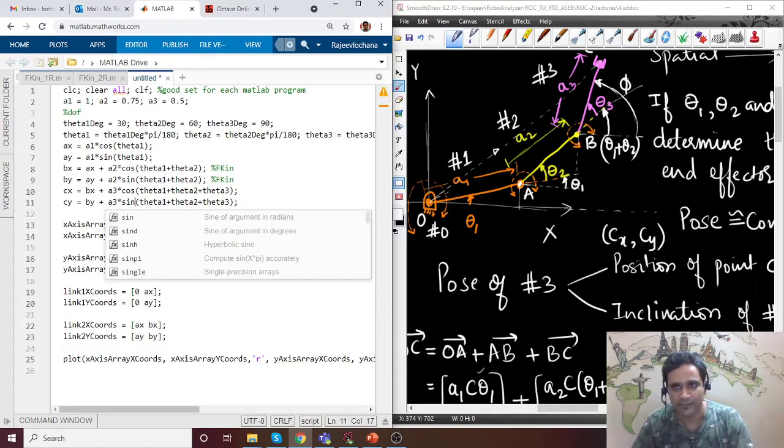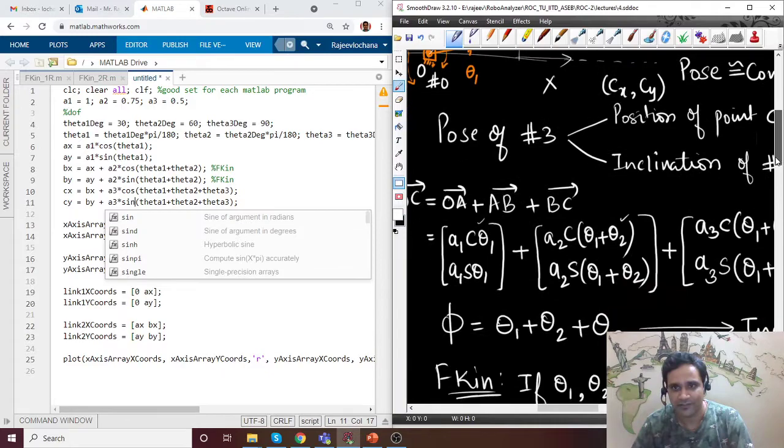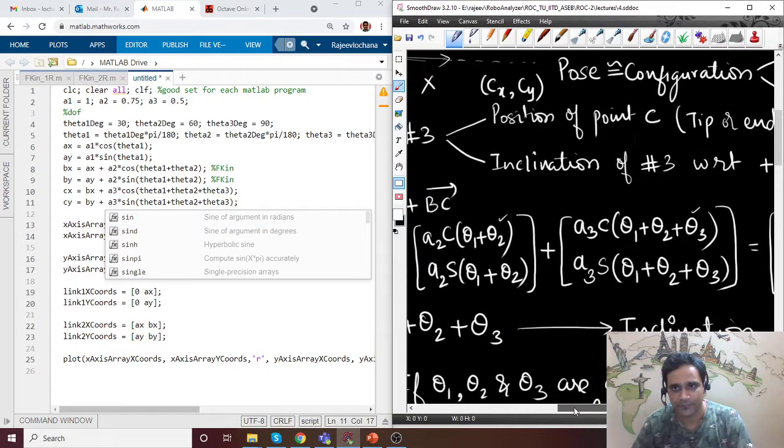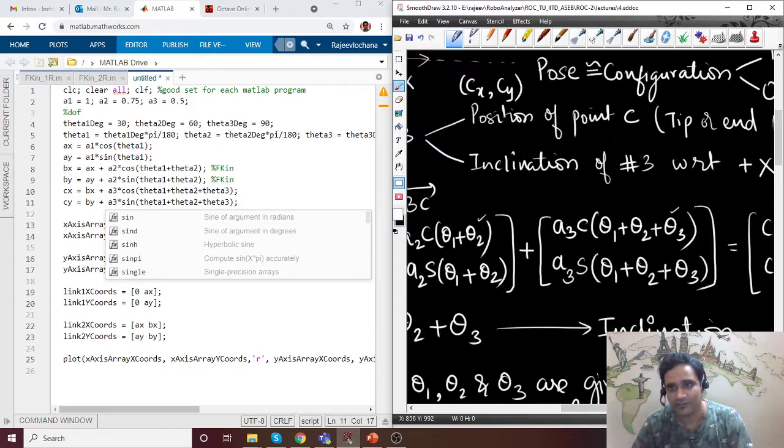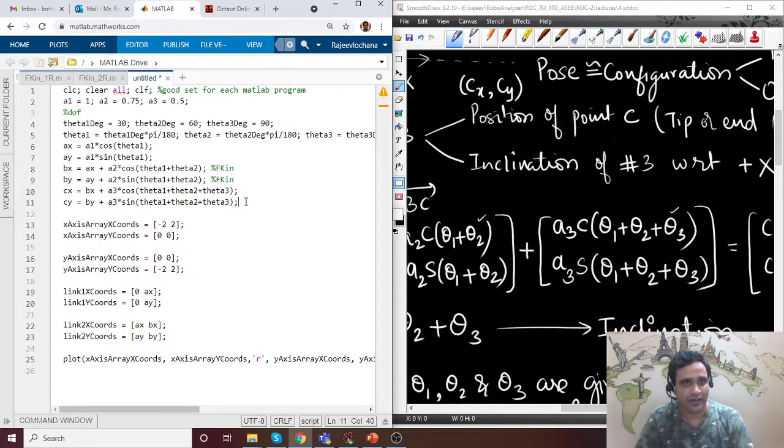Please remember, we had derived this in the formulation also. This is AX, this is AY, BY, and the third term is A3 into sine of theta 1 plus theta 2 plus theta 3. Having said that, let me put it here so that we are updating our code.